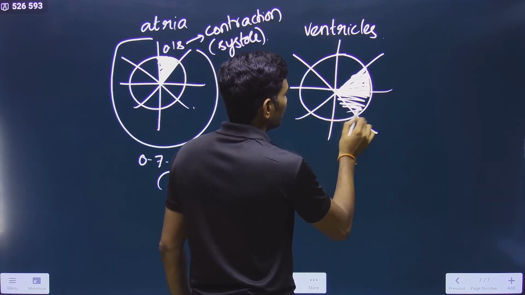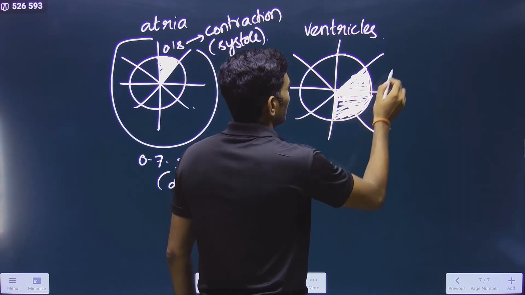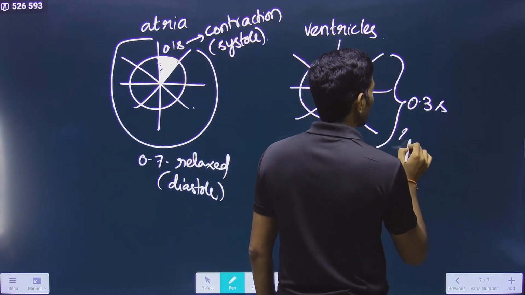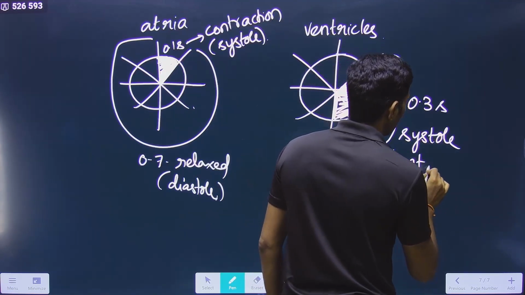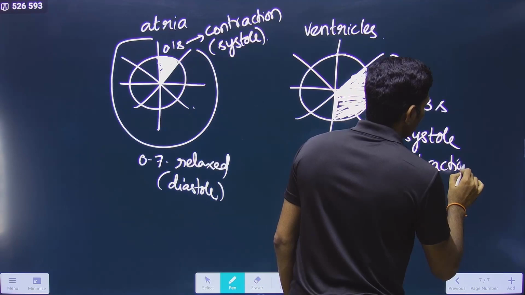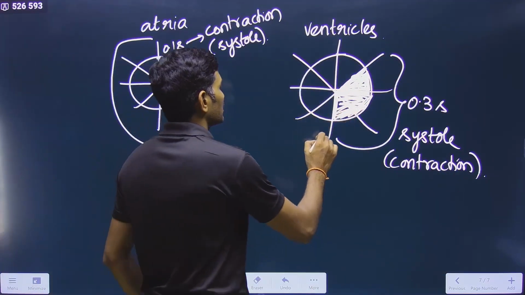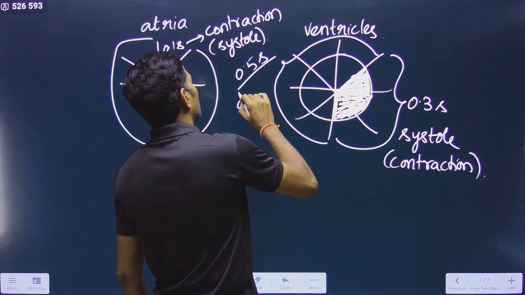This is another 0.1 and this is another 0.1. So in this way, from here to here, what is the total time? For 0.3 seconds, the ventricles will undergo systole, contraction. Ventricular systole will take 0.3 seconds. And after this, for 0.5 seconds, it is diastole,